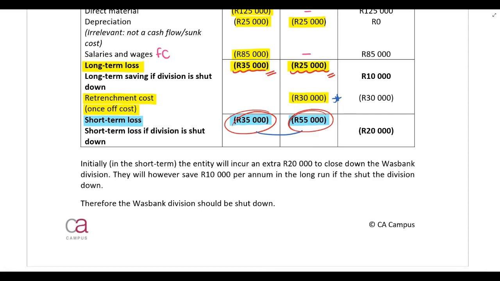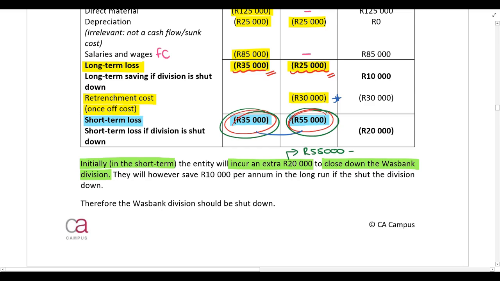So if we look at our conclusion, initially in the short term, the company will incur an extra 20,000 Rand if they close down the division. Where's that extra 20,000 Rand coming from? It's the difference between 35,000 and 55,000. We incur an extra 20,000 Rand. There's an extra loss of 20,000 Rand if we shut down in the short term. However, in the long term, they will save 10,000 Rand per annum if the division is